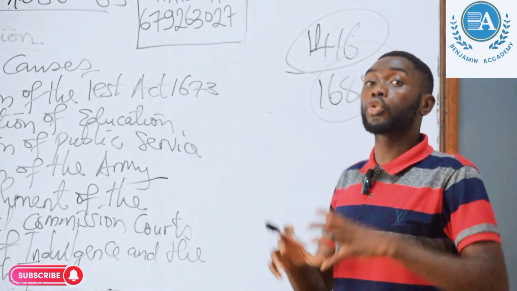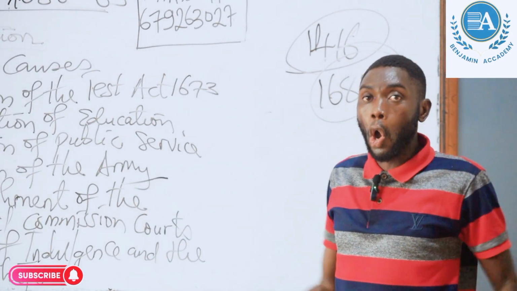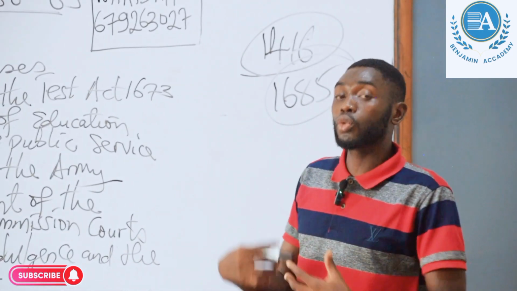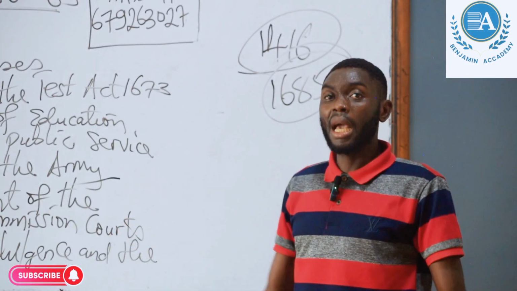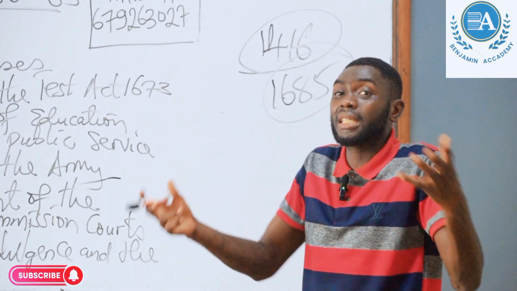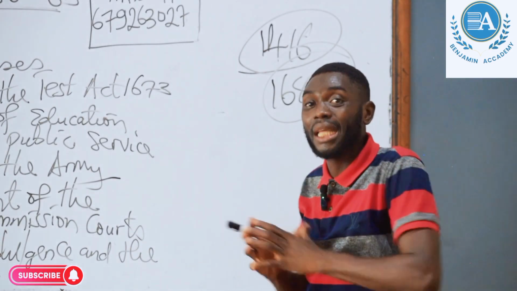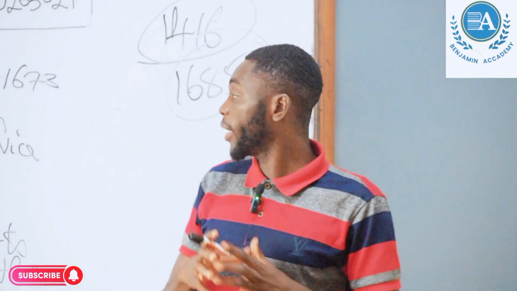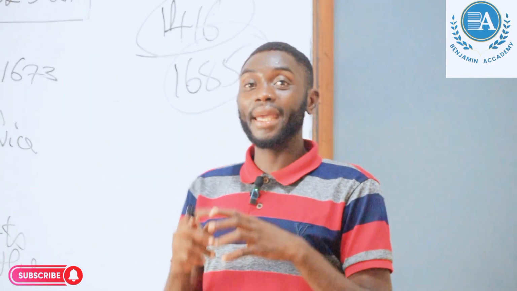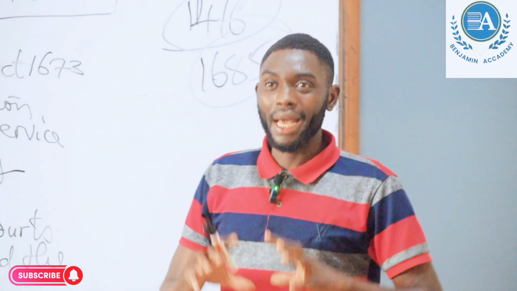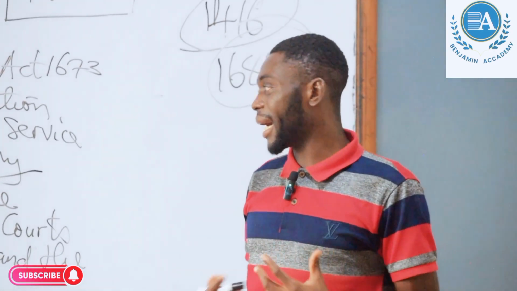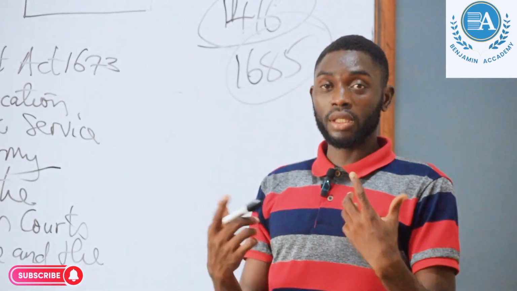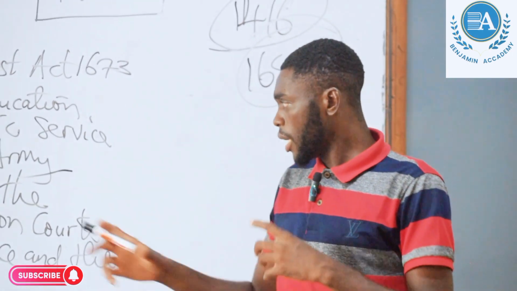He used the court to cancel all penal codes that were put against Roman Catholics. He also used the court to try those who opposed him. With the introduction of this Ecclesiastical Commission Court, which James was using to favor the Catholics in England, the people of England were not happy that he had reintroduced it, and due to that, they had to carry out a revolution against him.